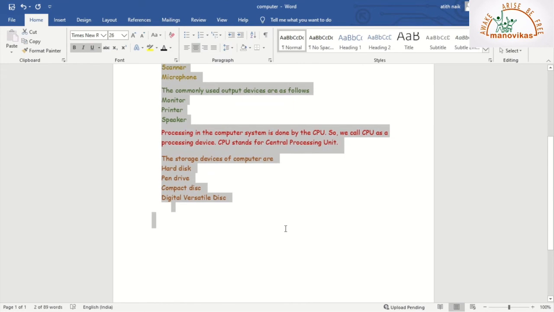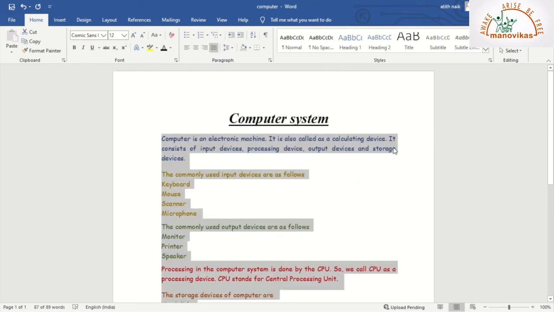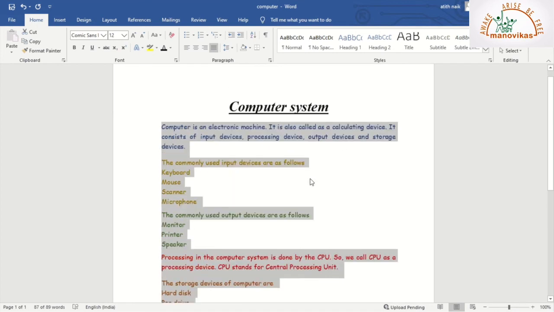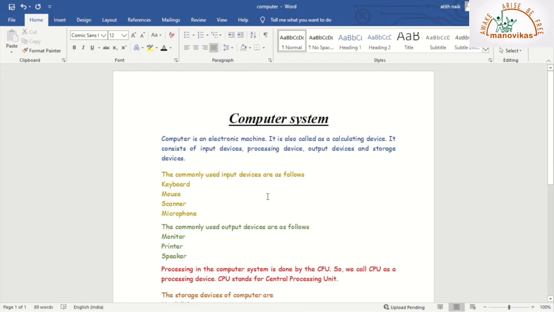I select the text and I click on justify. So now it looks even from both the margins. This was about align left, align center, align right and justify.